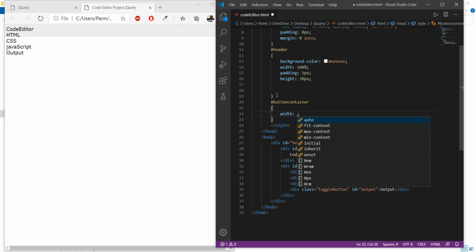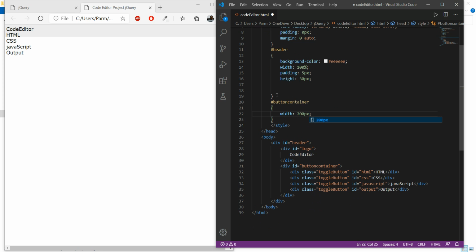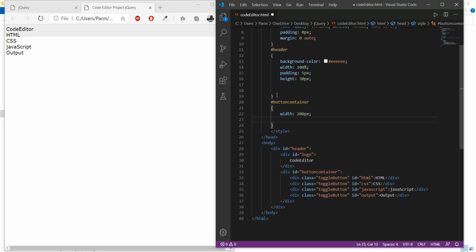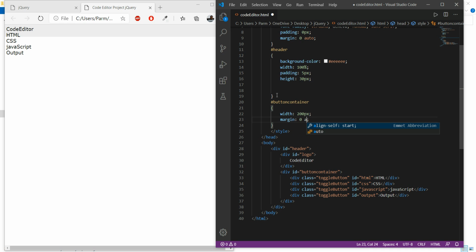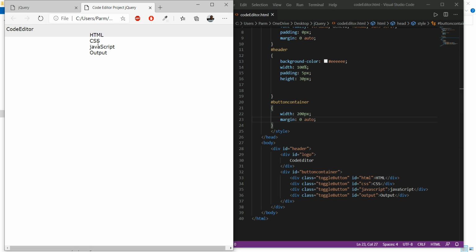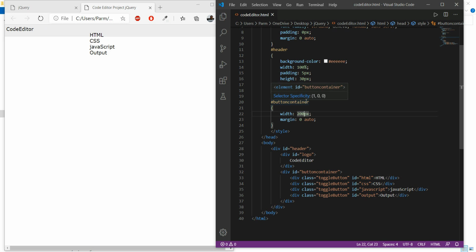Say I'm taking it around 200 pixel for this, and for the margin I would like to set it as either 0 or auto. I think we have to increase the width some, so I'm just making it around 250 pixels. Save it.